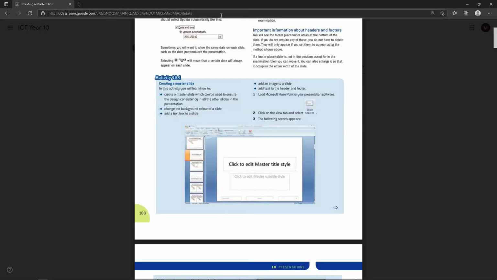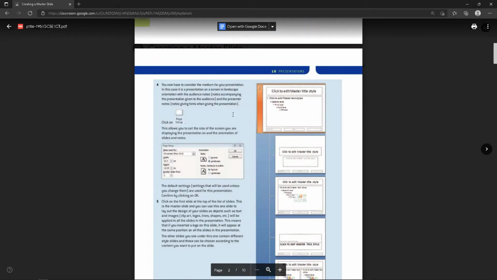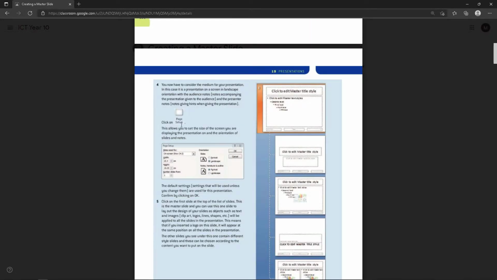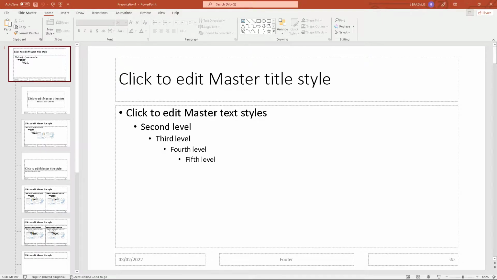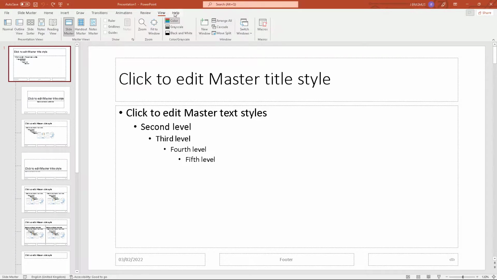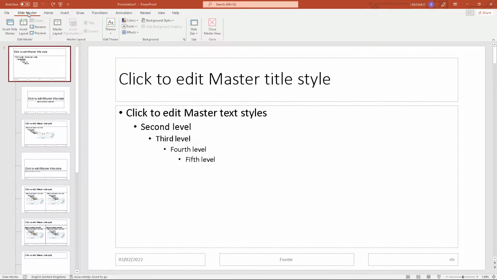Okay. So we are in our master slide and we need to go to page setup to make sure that we're happy with the size of our slides. And you don't have to go look on the ribbon for anything. We're going to change the size of our master slide. So go to the slide master tab in the ribbon and you go here to slide size, and we want